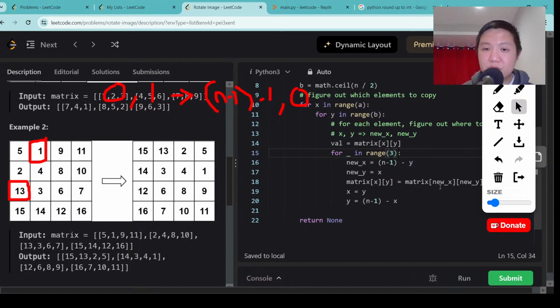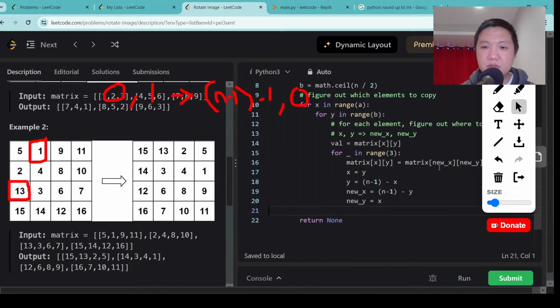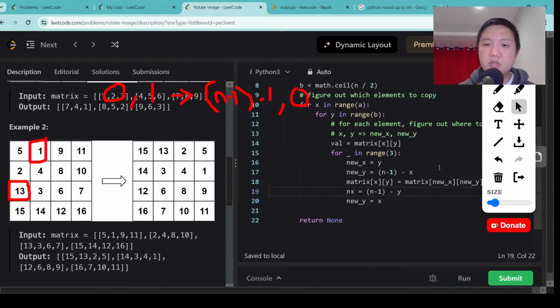And I say equals, okay, this is correct. Oh no, I have to move it this way. I think this is correct. So new x equals to